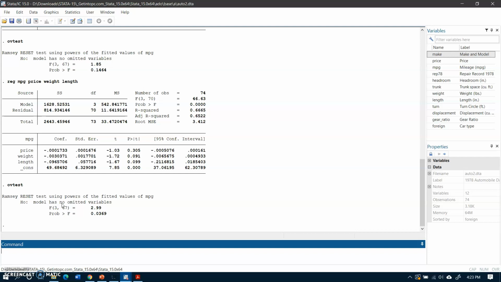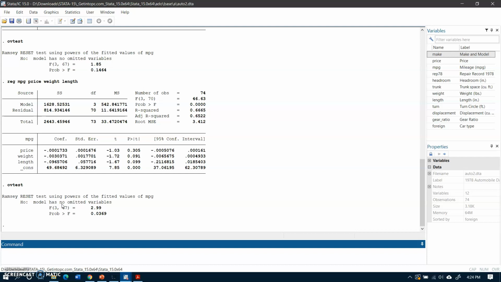So in this case we may use some powers of the variables and some interaction among these variables, but the thing is that we can use Ramsey's RESET test to check whether the model has omitted variables or not.